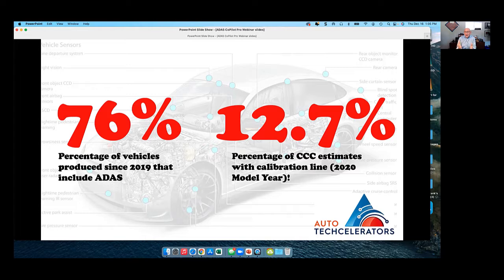So to me, that tells me, Houston, we have a problem. Industry, we have a problem. The industry is not identifying it, or maybe they are, and they're just choosing not to have it repaired. But the problem is there's a lot more vehicles with ADAS that are being repaired than are being calibrated. That's a challenge, and it's a liability issue for our industry.